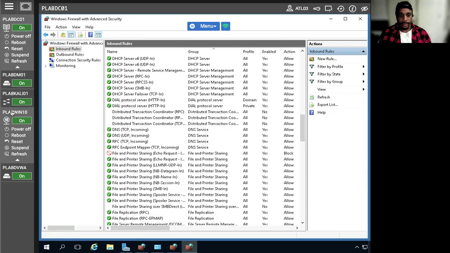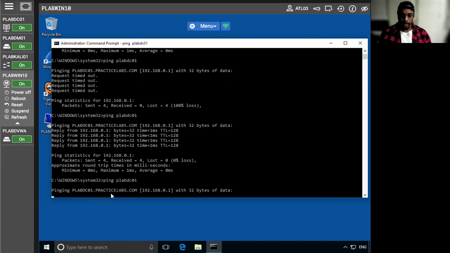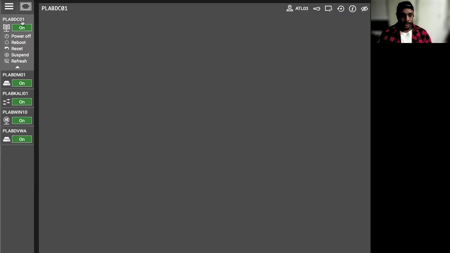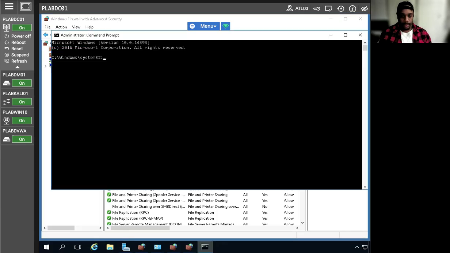Now let's connect here. Perfect. So of course we're going to get a timeout. Now we're going to configure the firewall using the CLI. So let me actually connect back here. Right. So let's do